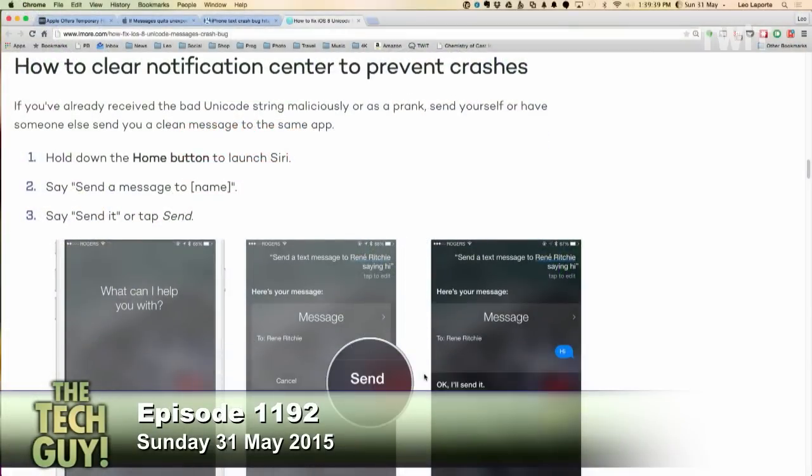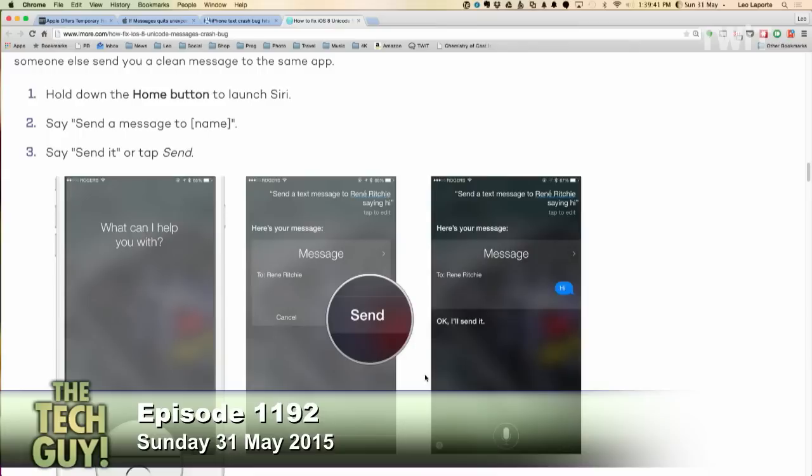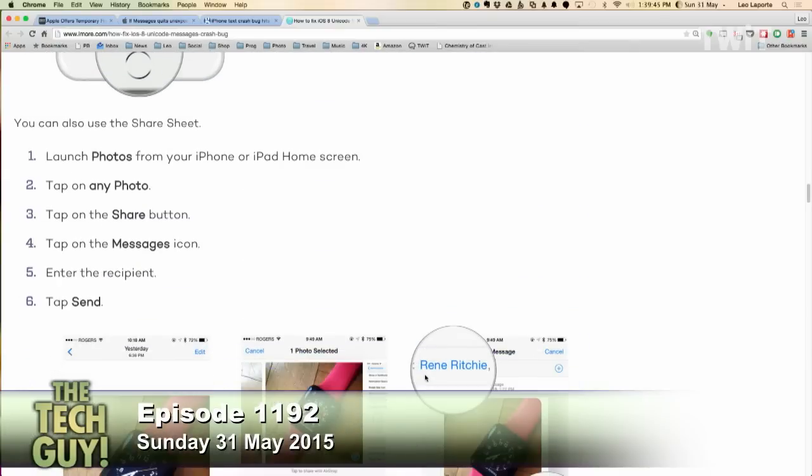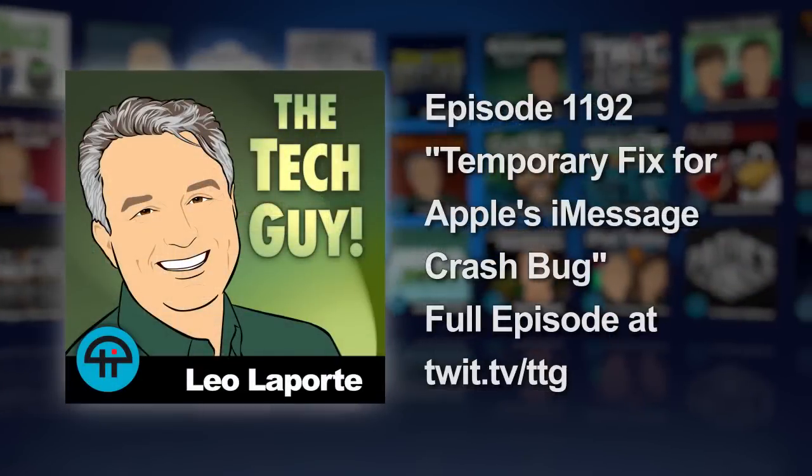And then you want to clear Notification Center to prevent crashes. There's all sorts of stuff. We'll put a link to Renee's article at imore.com. There's a lot of things you might want to do. This is very bad. But to be fair, this could happen to anybody, anytime. Computers are not perfect. Really, the test of this will be how quickly Apple can fix it. If Apple pushed out a patch today, then we would just stop. It would be over. If they wait till next week, that's a problem.